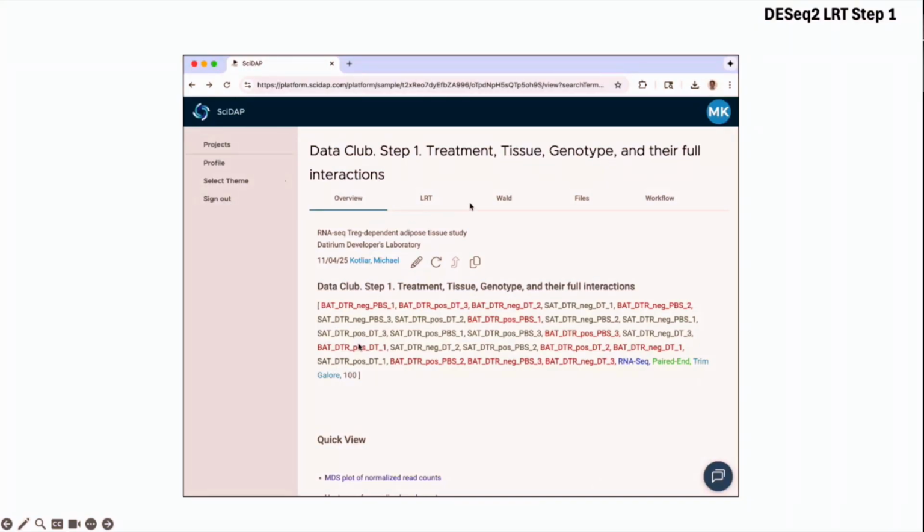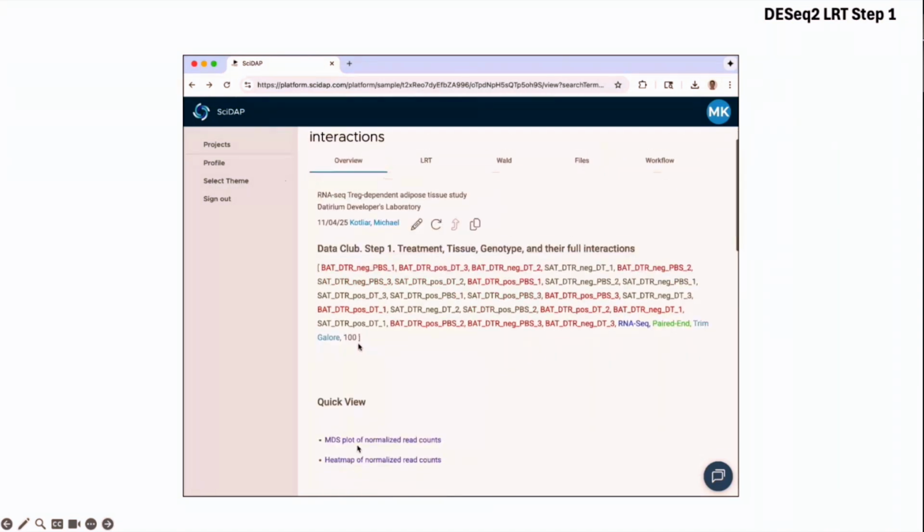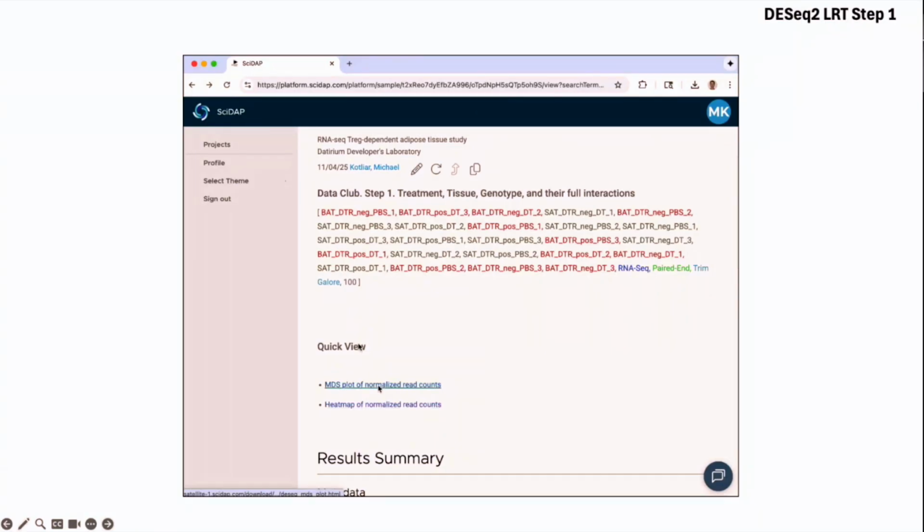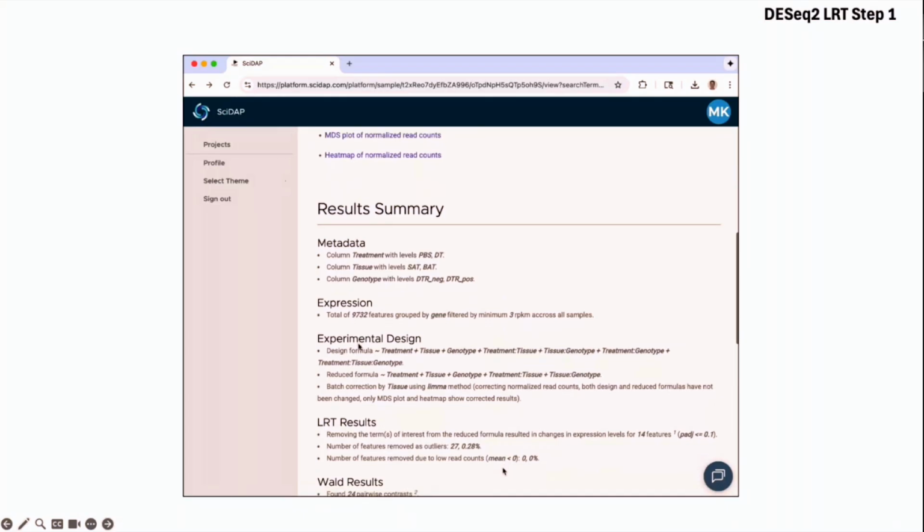You will see several tabs. The first tab will show you the LRT result. The second will show the Wald test result. You can also see an interactive MDS plot, which is similar to PCA, the heat map of all normalized read counts,